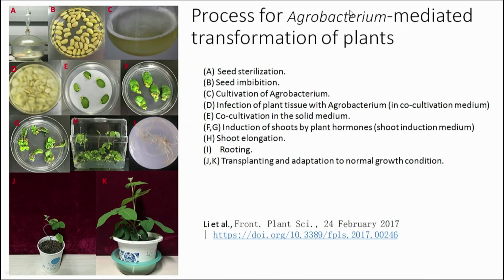Okay. Now, what is the process by which we can introduce these into plants? So, different steps are explained in this slide. What you see here in A is that this is of course not for rice, it is some other seed, but you can do exactly the same with the rice seeds also. So, the rice seeds are taken, they are sterilized by treating them with some kind of a solution like mercury chloride or something, and now in B what you see is that these seeds are just going to be imbibed in water for some time, and in figure C you have cultivation of Agrobacterium.